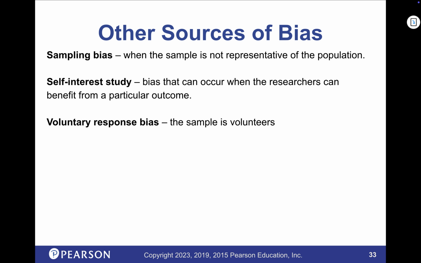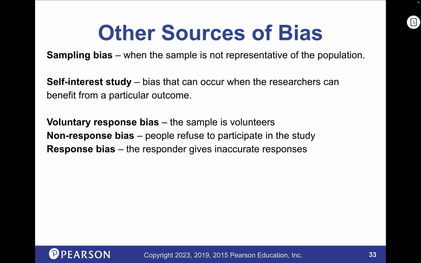The other ones have to do with the types of responses. This is like when I was a kid, they wouldn't take me because I volunteered myself. Volunteers oftentimes don't give good results. So there's voluntary response bias. There's also non-response bias. Those people we randomly selected, if they don't come and tell us, and there might be a group that just says, hey, I'm not going to talk to those people, we miss a whole particular opinion. Non-response bias.